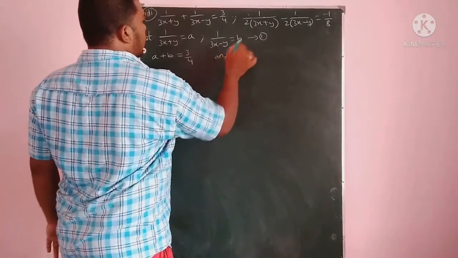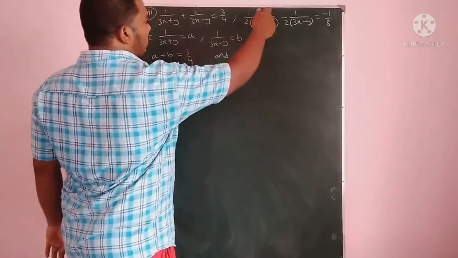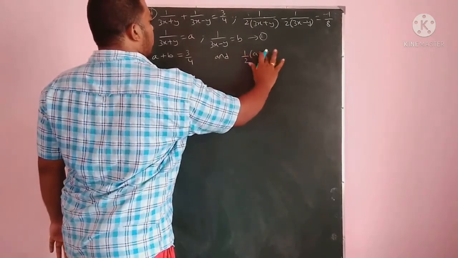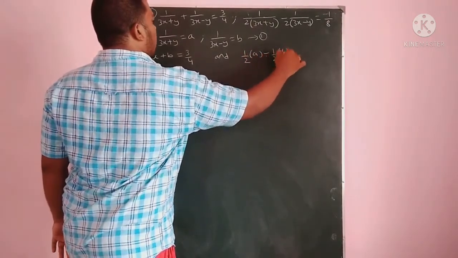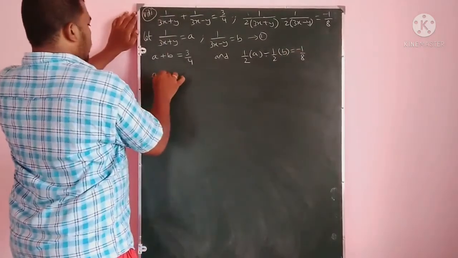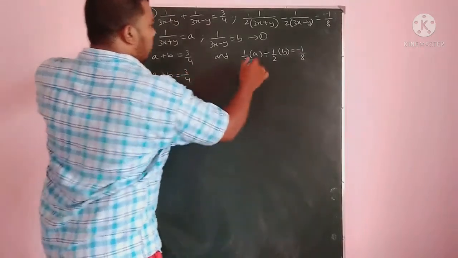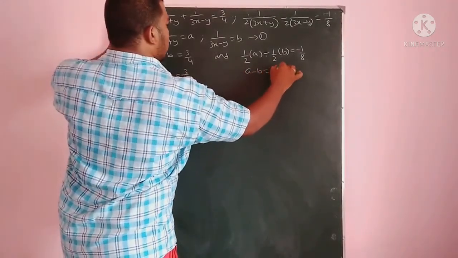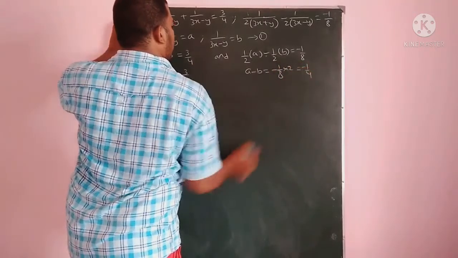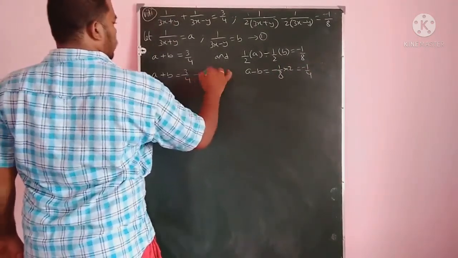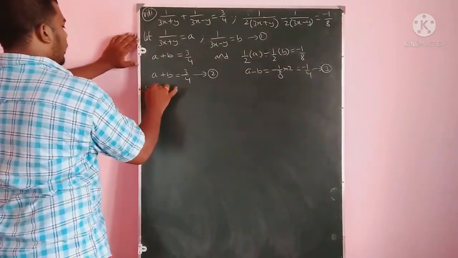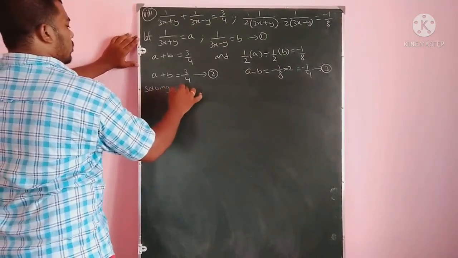And see this one, this is 1 by 2 times of actually 1 by 3x plus y. The total value considered as a. So a minus 1 by 2 times of b is equals to minus 1 by 8. So a plus b is equals to 3 by 4. This one, a minus b is equals to minus 1 by 8 into 2, that is equals to minus 1 by 4. This can be as 2, equation 3. So now solving 2 and 3,